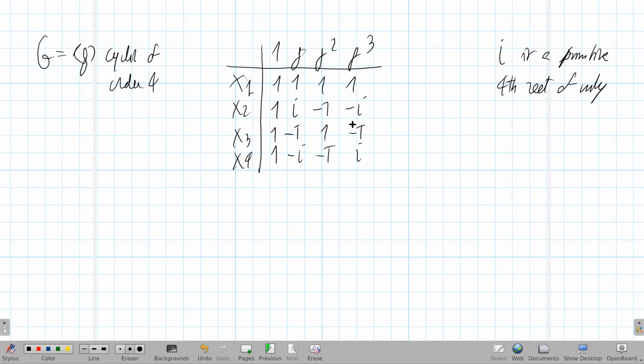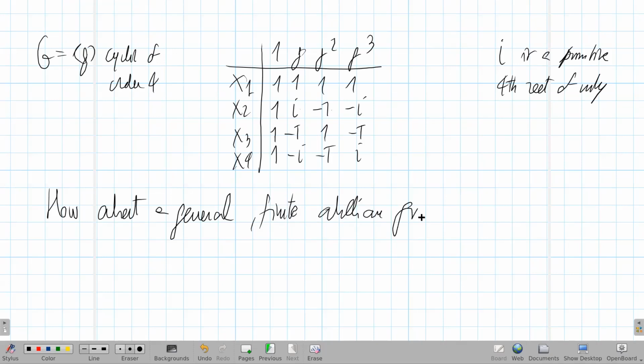And now the problem is, what do you do with a general finite abelian group? And we will discover that we have already done most of the work. It's just technicalities, it's downhill from here. It's just technicalities. But first, we have to